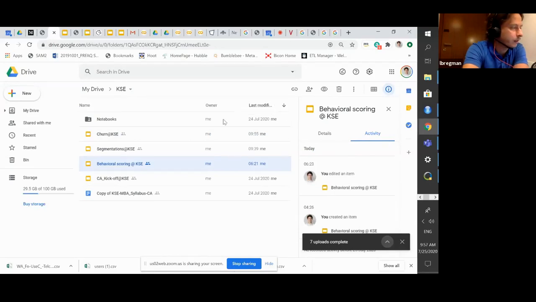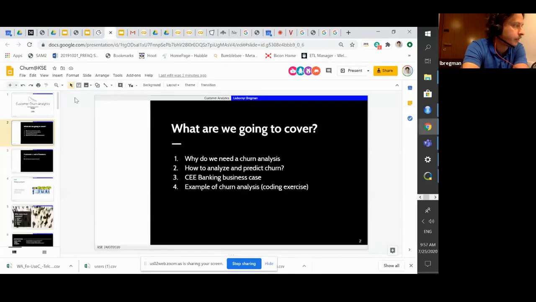It's more typical for financial services and for telcos, maybe for energy and utilities too, but definitely less applicable for startups or e-commerce. So let's start with churn as a topic which applies in every single business.